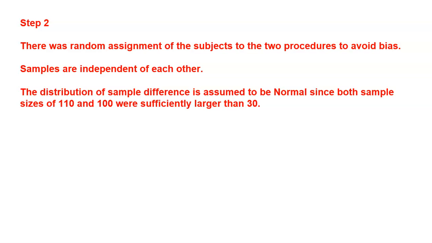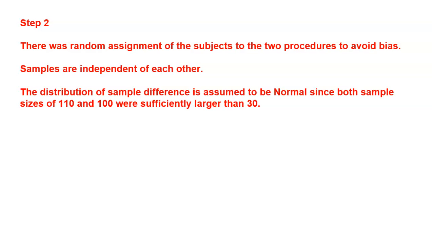Now, the center is going to depend upon the fact that we do have that random assignment, right? So we do have to have random assignment of what subjects get into what group to avoid bias. Now, the samples are independent of each other. We actually already know that because we specifically put 100 people into one group and the other 110 into another group. That was done randomly, but that instantly makes them independent of each other because one person cannot be in both groups at the same time.